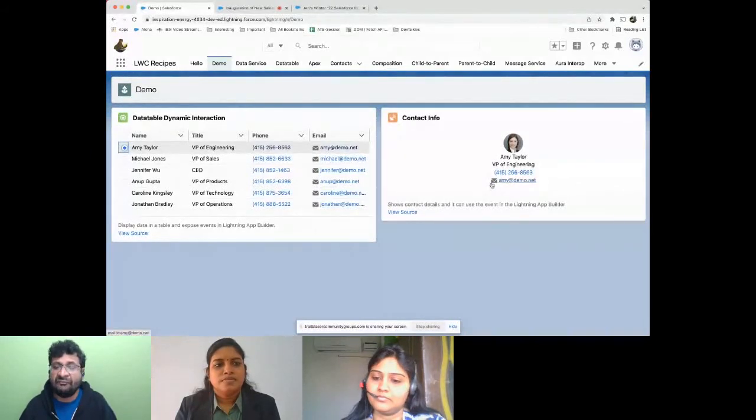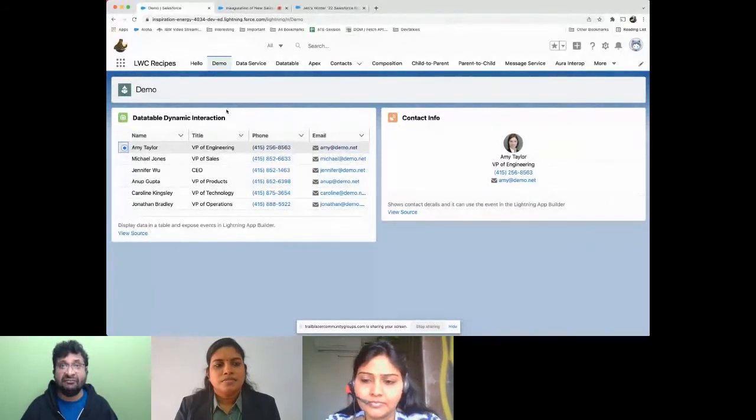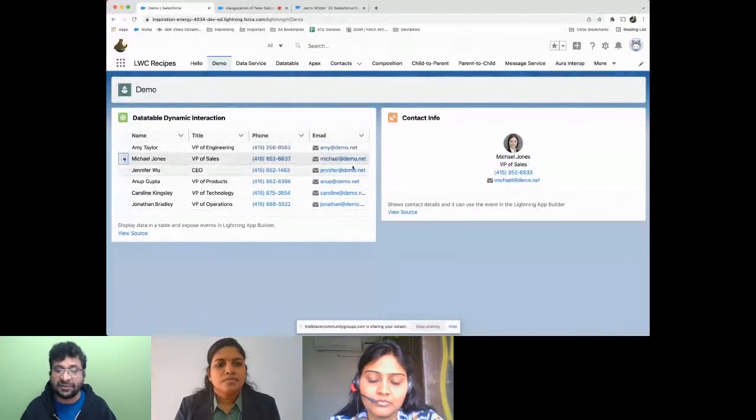We have various tabs here. For those who don't know LWC recipes, it is one of the sample apps for you to get started with Lightning Web components, where you can find some short recipes. You can directly copy that code into any of your projects, make some modifications, and see if that fits your requirement. It's like open source, where you can see how it works, see the logic, copy the logic, and implement your logic. That's how I generally develop any of the Lightning Web applications. So here I have a component, I have another component, and when I click this component it shows that specific information.